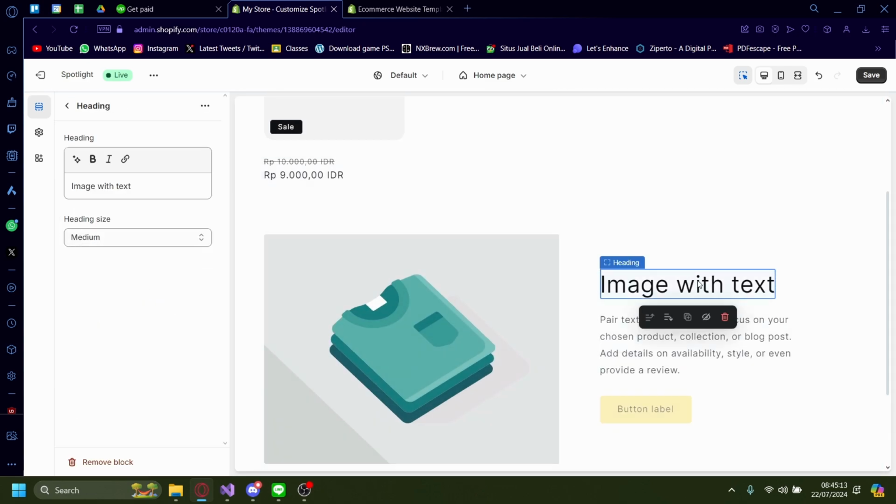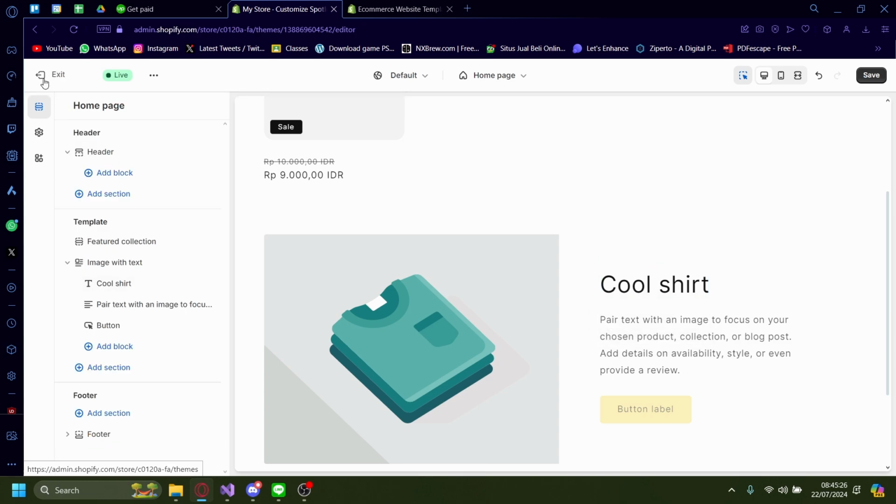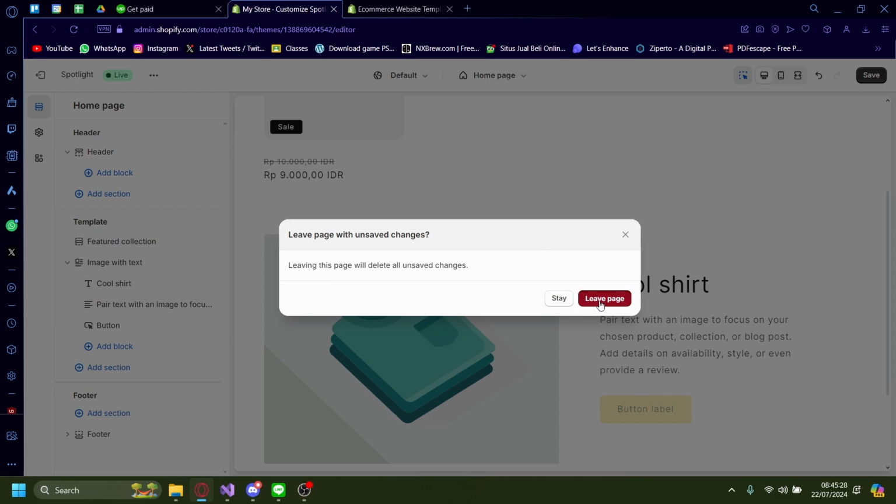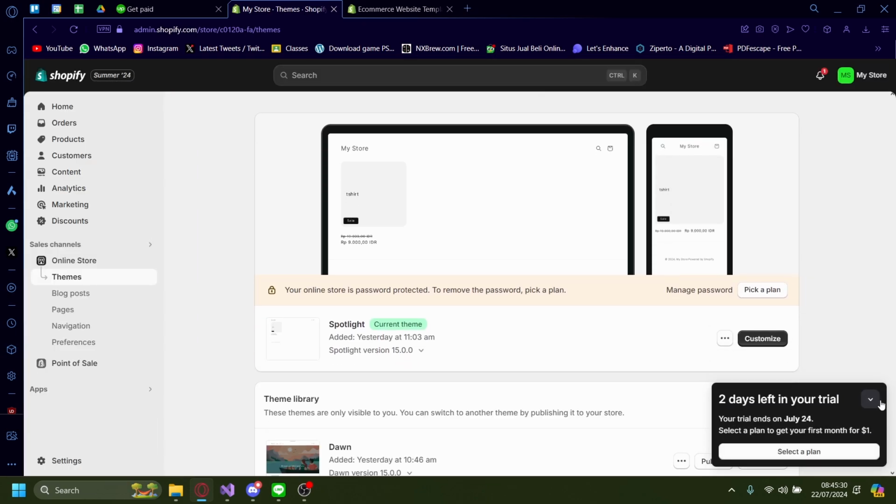Here you can also edit the image with text. You can make it bold, you can make it italic, you can give it a hyperlink, and you can generate the text as well. There's one more way you can design your Shopify website, and that is by coding it